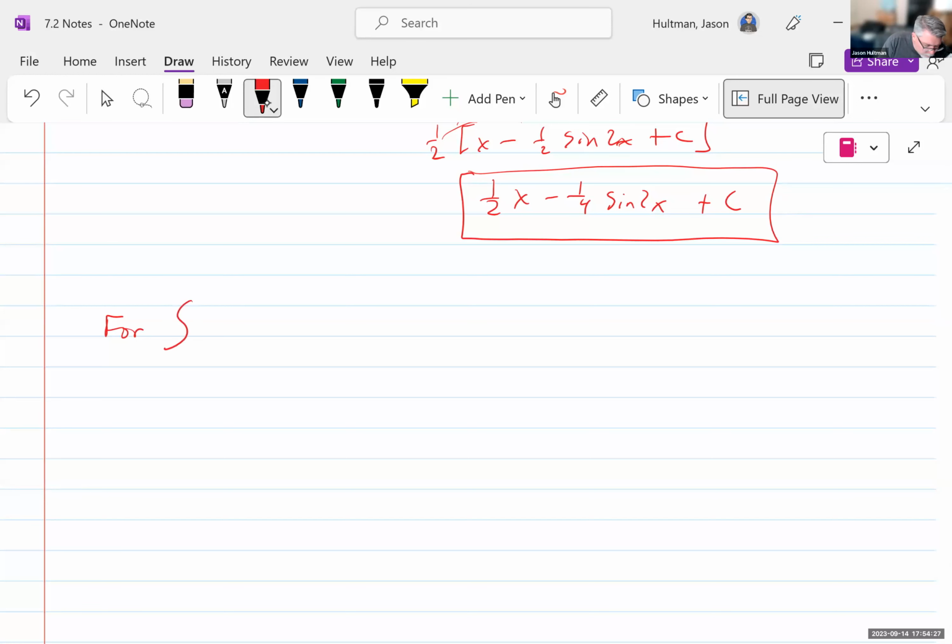For the integral of tangent to the nth degree of x, secant to the nth degree, dx, we have a couple of rules. One, if secant is even,